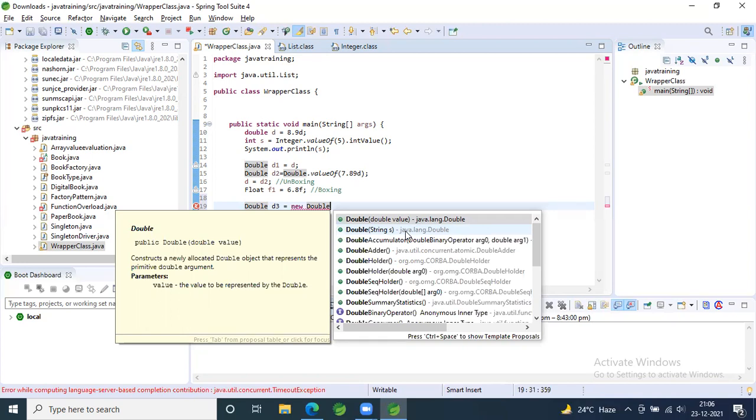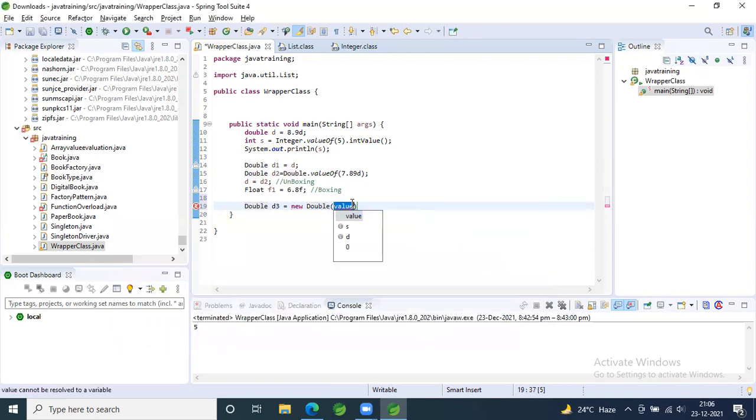So can you use the first one, double primitive, and give some value within that? Now create a primitive double, next line, double dp, you just have dp equal to d3. So what are we doing here? Again, we are converting an object to a primitive, which is unboxing. Right?